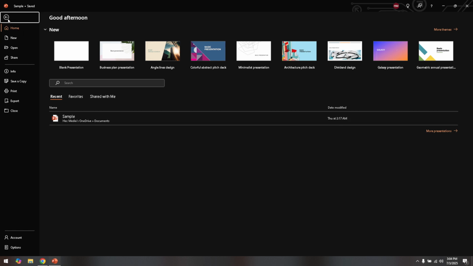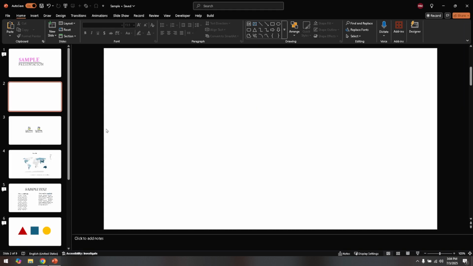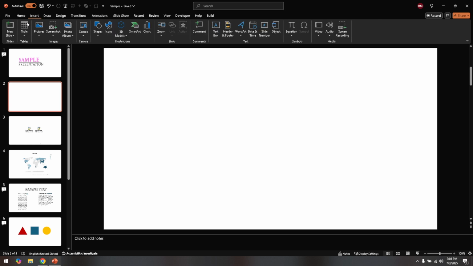With your presentation open, look for the Insert tab on the top menu. The Insert tab is your friend for adding all sorts of elements to your slides, from pictures and videos to illustrations and links. Click on that tab and you'll see a range of options displayed. Now the next step is to click on Shapes. This option allows you to add various shapes to your slide, which we can use as the base for our